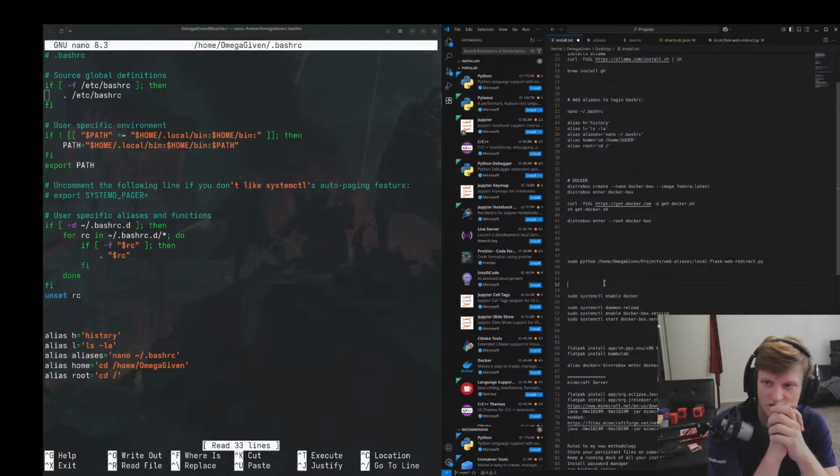Since we know how to do a service file, we could boot up a Docker box and then boot up the start files of a Docker instance. And that would be how we use Docker. I was using Docker specifically to